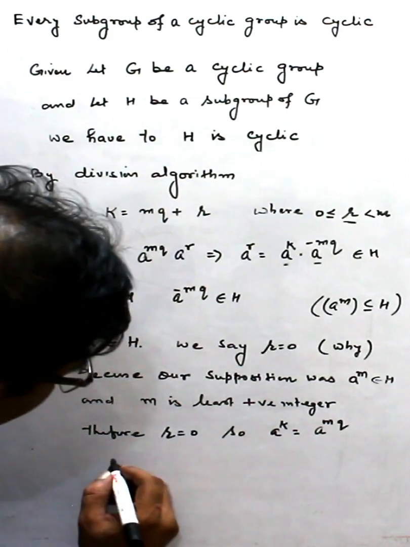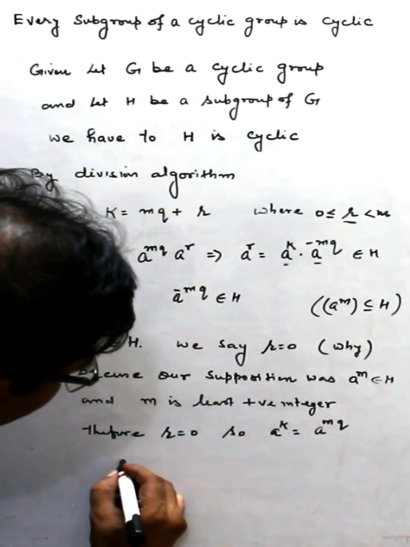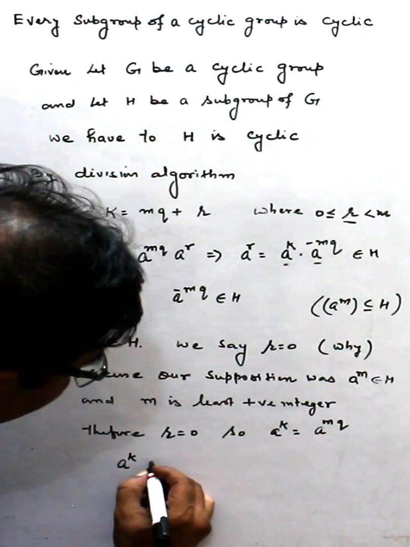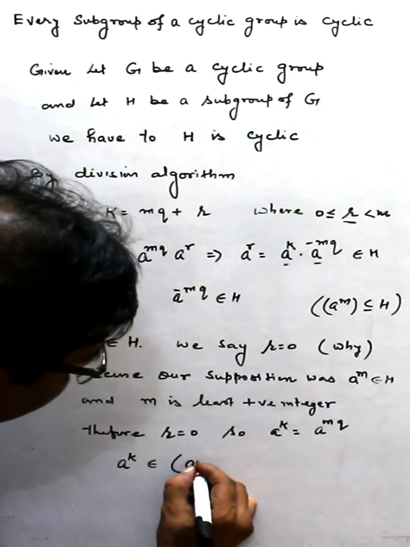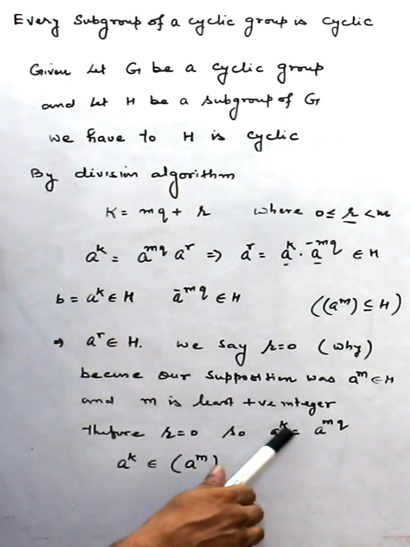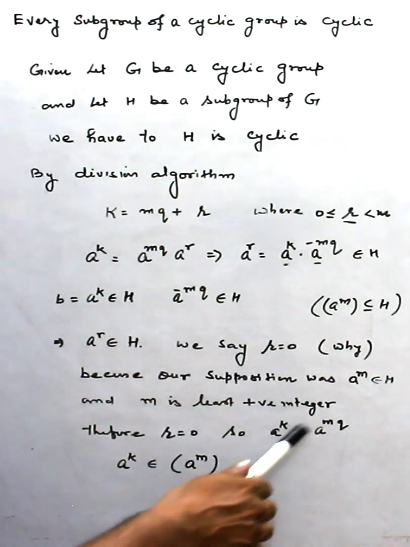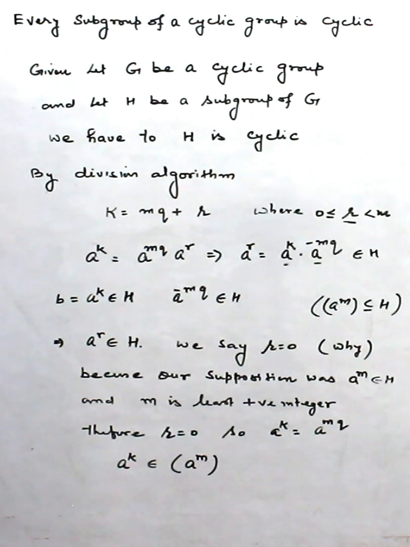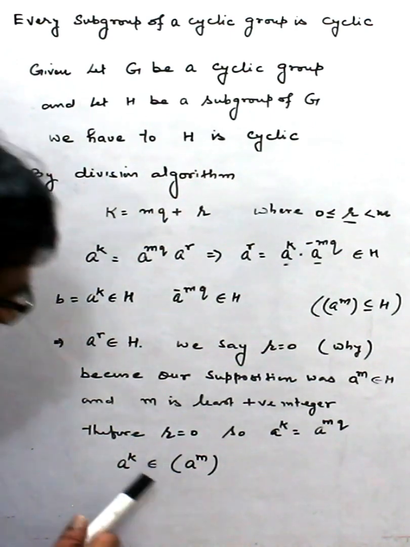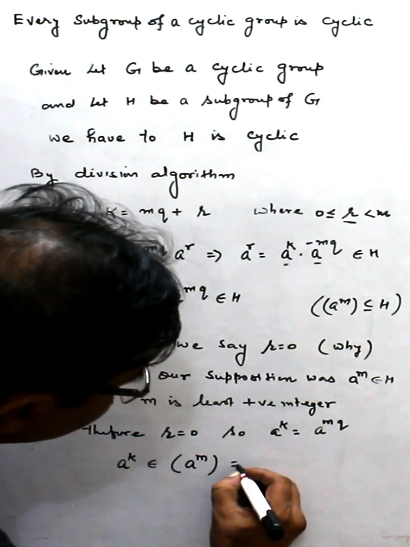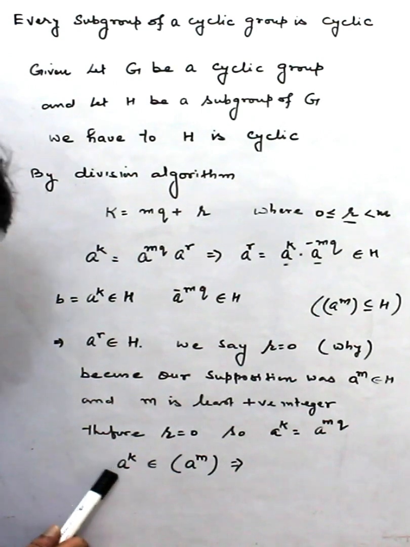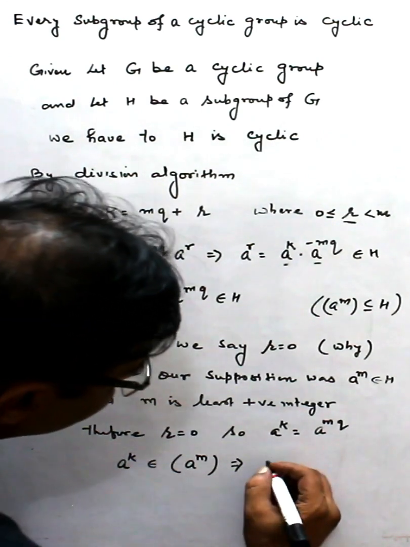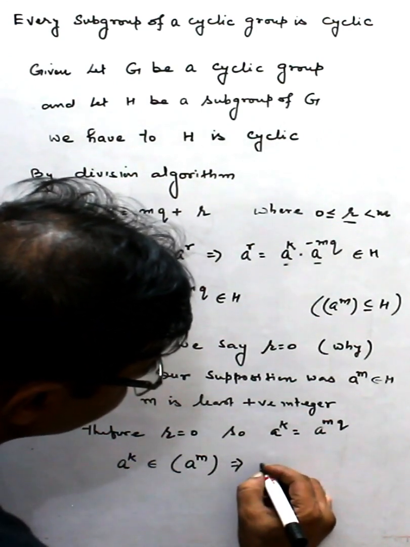This means what? a^k belongs to <a^m>, that means a^k is expressible as some power of a^m. This gives us what? a^k was